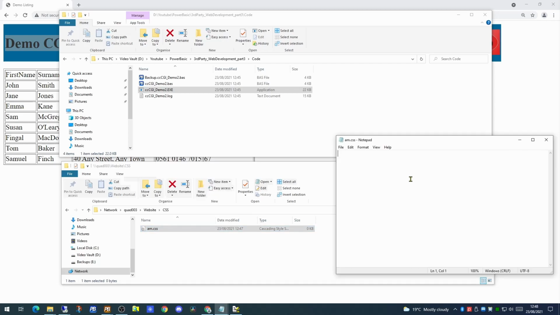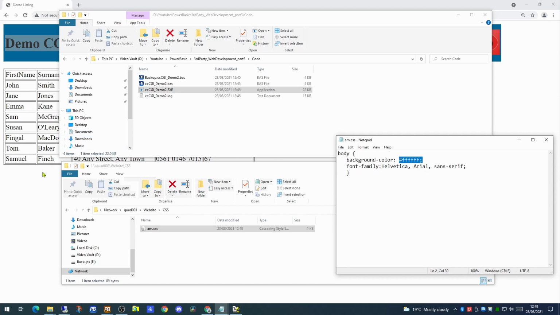You can use applications to help you create cascading style sheets, but we're just going to use Notepad here today because what we're doing is very basic and is quite easy to understand just looking at Notepad. The first thing we're going to do is change the font that's in use on the web page. We can do this very easily by putting an element in the cascading style sheet to handle the body. So we're setting the background color to be white, and we're setting the font family. Now if we just save this,